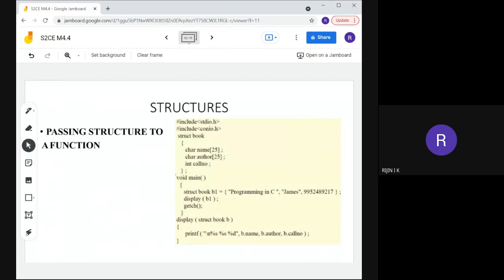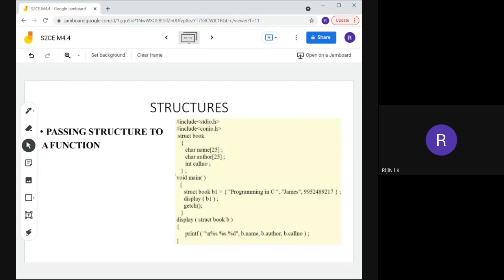A function is a subprogram that receives some data, processes the data, and sometimes returns data. How we declare a function we also already studied. Here we are going to discuss how we pass a structure variable to a function.